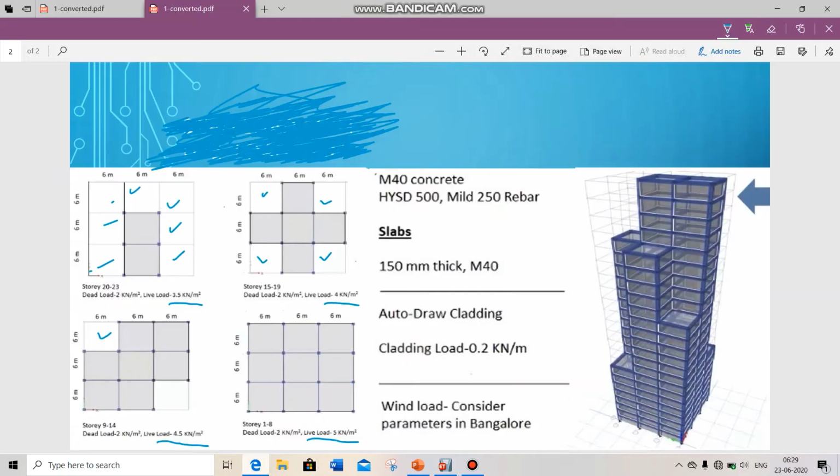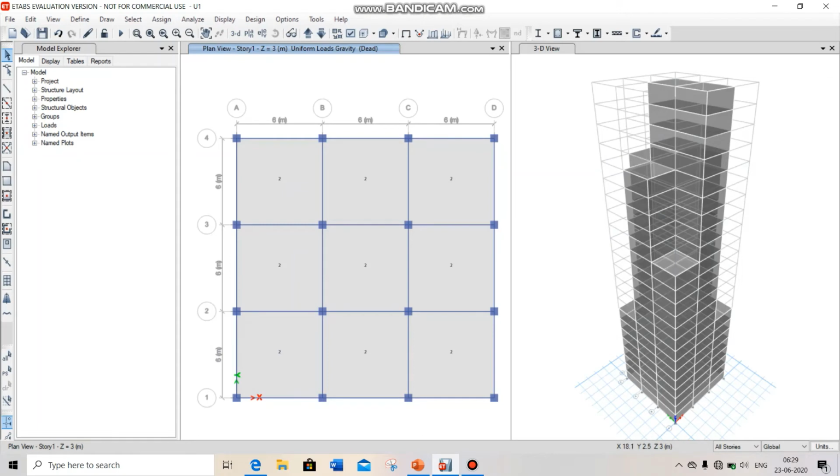So we have to assign the live load first to story 1 to 8, and then we have to assign the live load to story 9 to 14, and then to story 15 to 19, and then to story 20 to 23. Now for that, first go to stories between 1 to 8, because between 1 to 8 live load is the same, which is 5 kN per meter square.